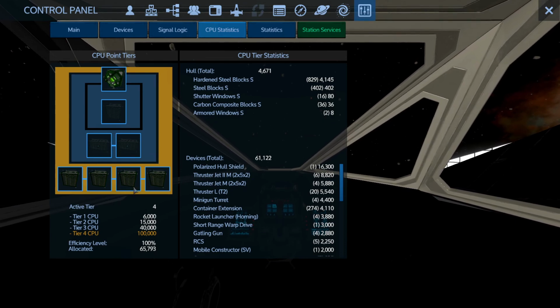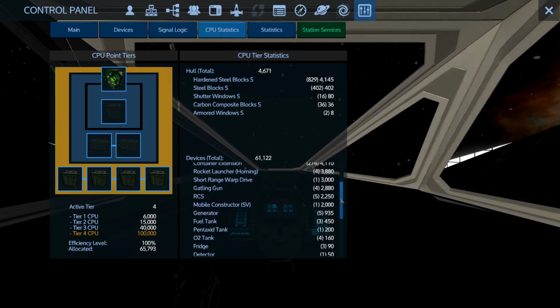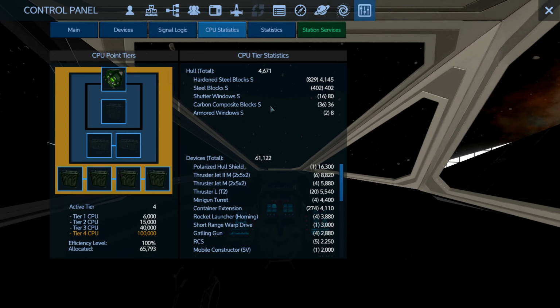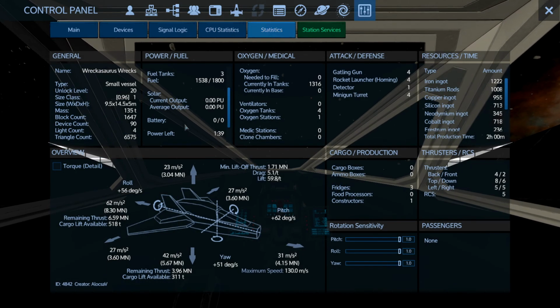And I also have the information about the CPU statistics. So this is actually a tier 4 ship. I have the extenders, and I can use up to 100,000. And I have the information of all the devices that are adding up to the CPU and all the blocks too. I also have the statistics, and this is what differs from the base P menu, because here you can